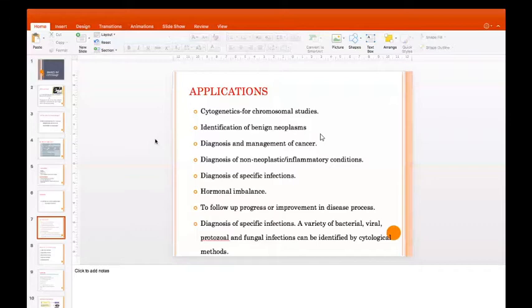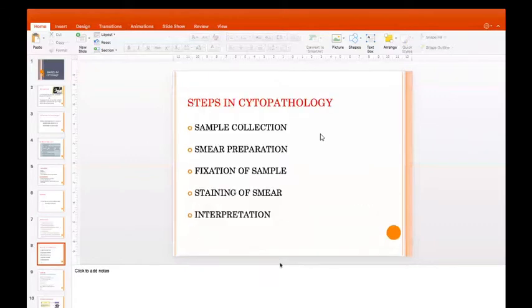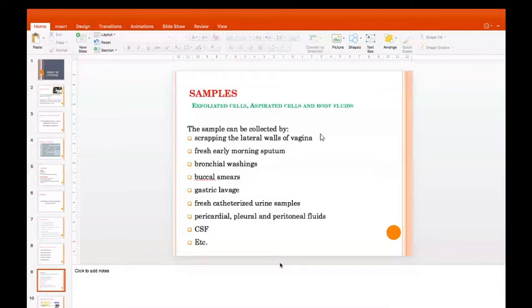Now the steps are, we take the sample, so sample collection, that is the first step, then the smear preparation, and then the fixation of that sample, the staining of the smear, and then finally the interpretation by the pathologist. So the samples taken are the exfoliated cells. Can be the cells which are exfoliated or aspirated from a cavity or a node or a swelling and body fluids.